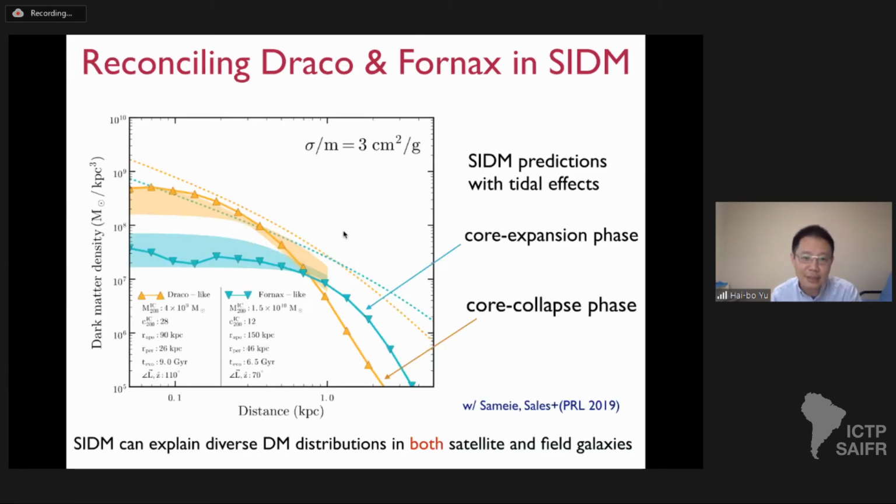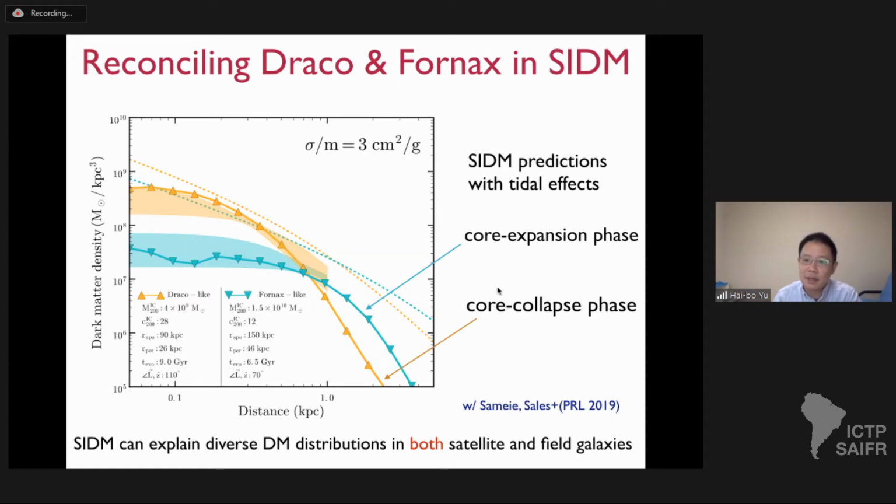If you take this into account, you realize that you actually can explain the big difference in the central density. Here, this solid curve is for Draco, and this curve is for Fornax. After the tidal evolution, we use N-body simulation to model the tidal effect. The two dashed curves are the initial condition, right? So they are quite close. If you look at the central density, they are quite close. But after the tidal evolution, the spread becomes large. You can get one order of magnitude of difference in central density.